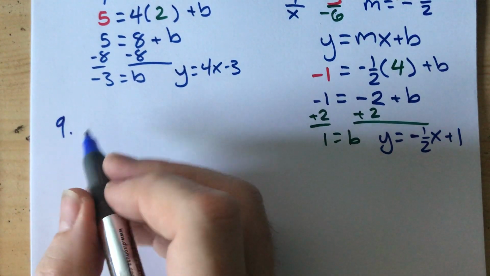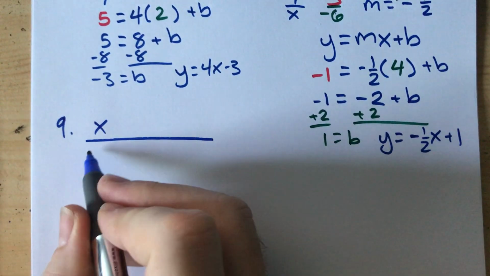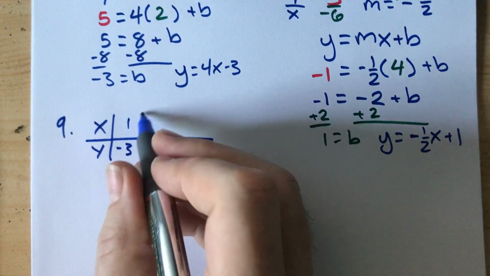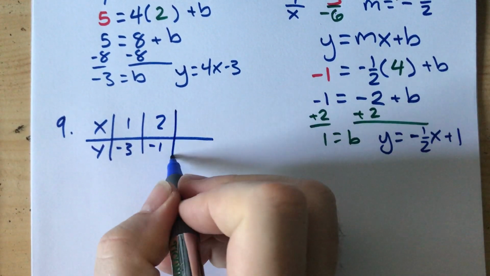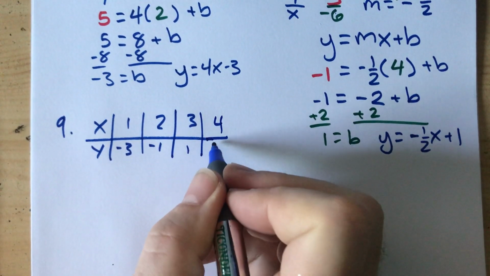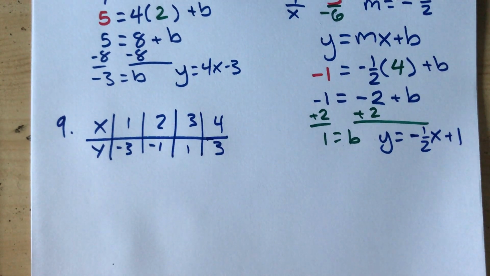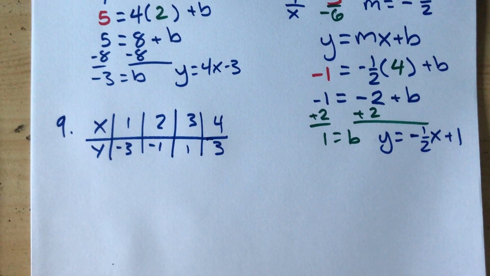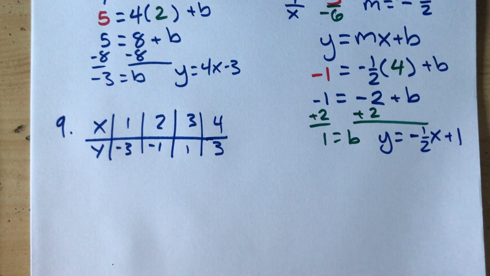Number 9, I'm giving you a table. X, Y, input, output. You have 1, negative 3; 2, negative 1; 3, 1; and 4, 3. Okay, so we're going to write the equation of this line. Now on this, you can do exactly what you did on number 8, or you can just say, well, it